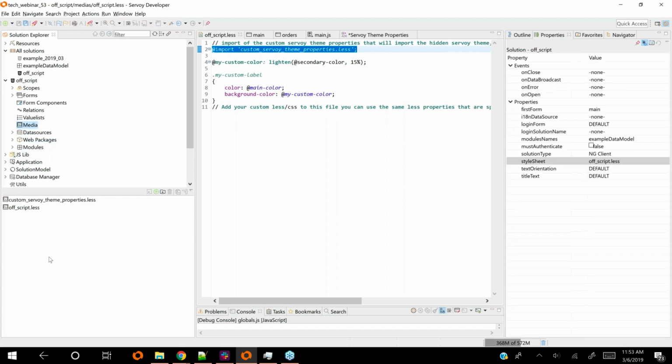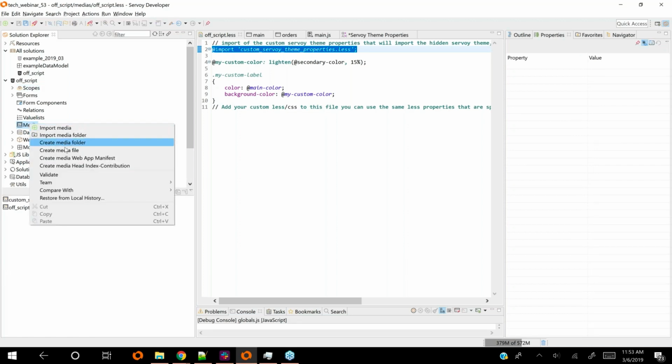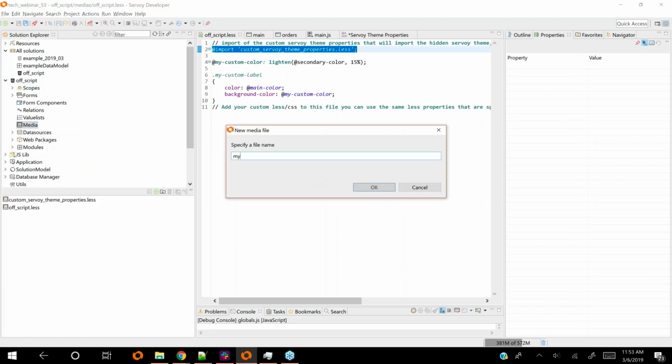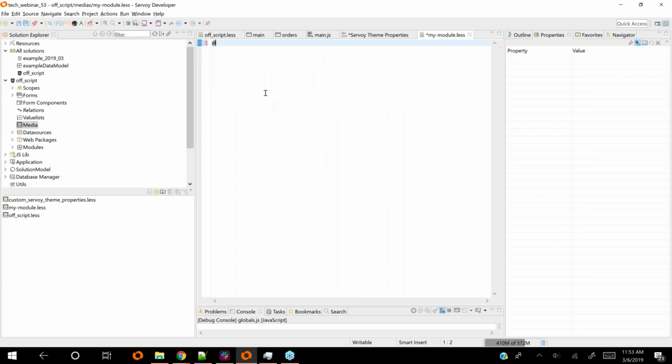You'd have your media here. Well, suppose that you had another module that also had media, but I'll put it in here for the sake of example. And so I'll create a media file and call it my module.less. And if I come in here and say, my module color, just make it bright red, and then some class, my module selector, and